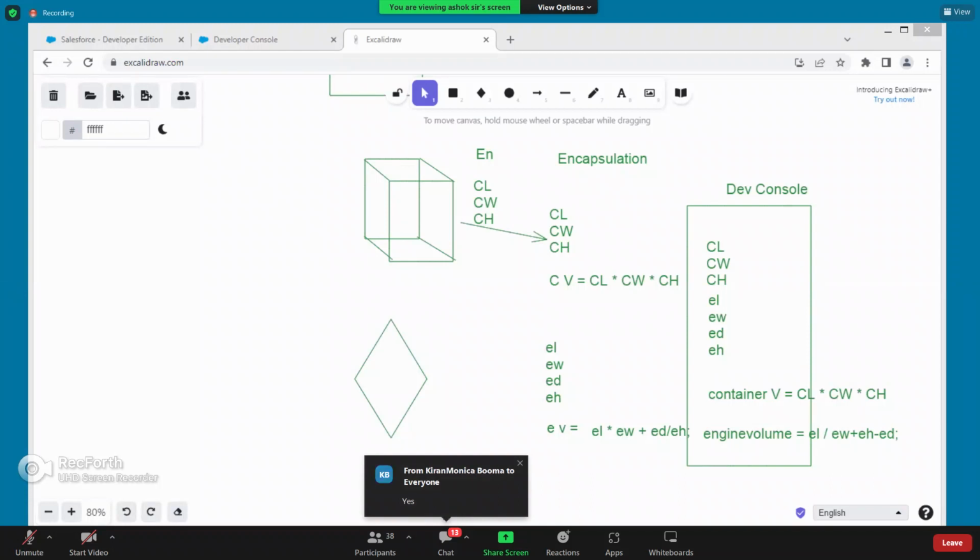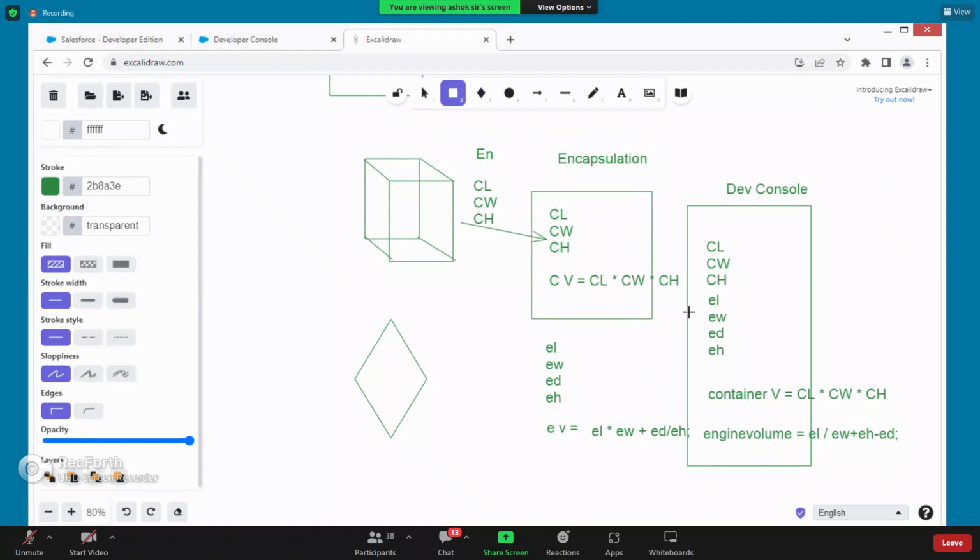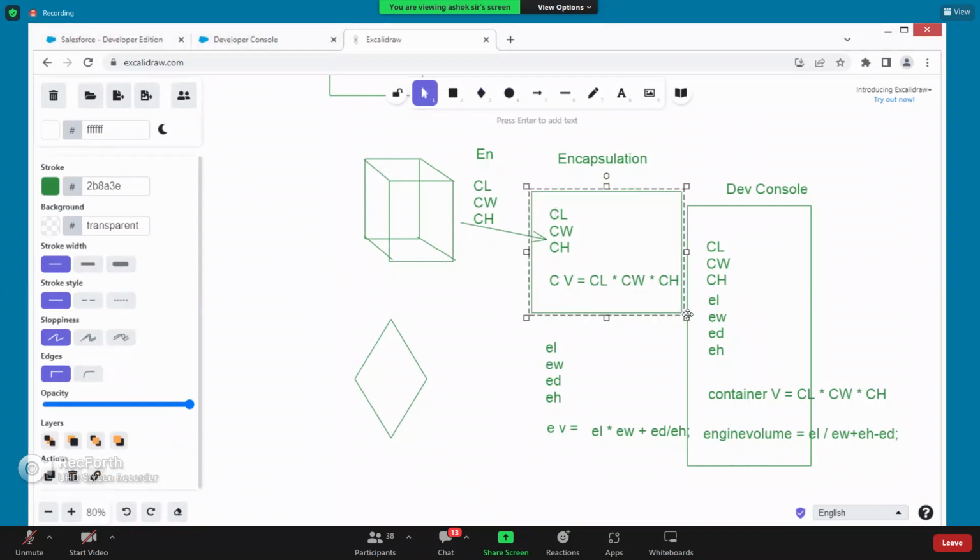Okay. So, container related properties and its action, car engine related properties and its action, some other object related properties and actions. All are put together in one area. Now, whenever you put one object related properties and its actions together, we get one new shape, new